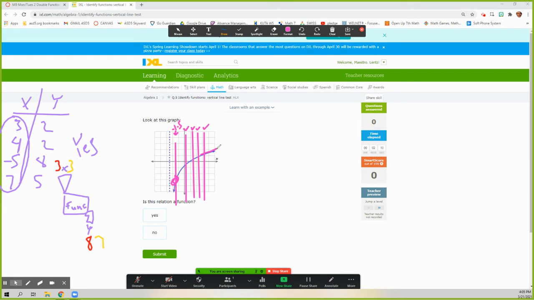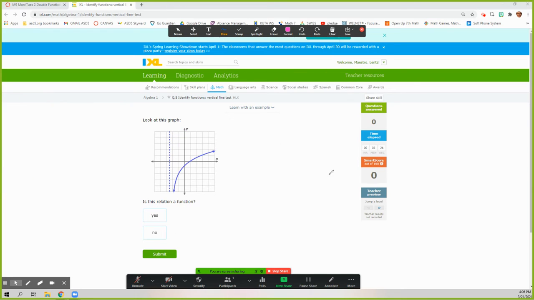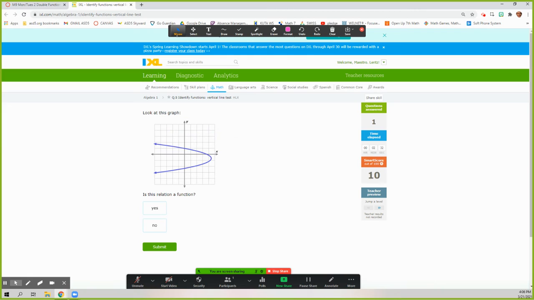But see how the blue line only ever hits it once? That means every x is only on there one time. I said I had -0.5. I had 1. I had 2. I had 3. Never does it have it twice. So the answer for this one should be yes. Okay. This one, if I drew a line right here,